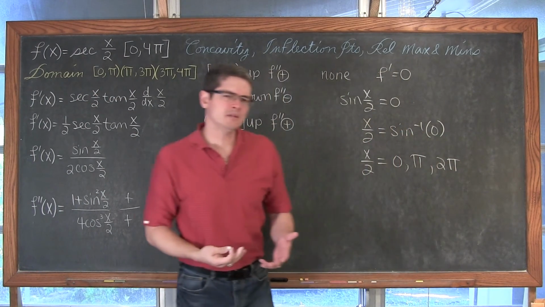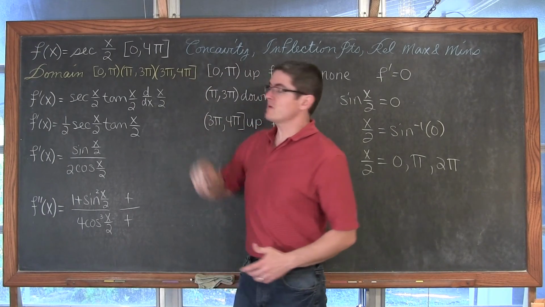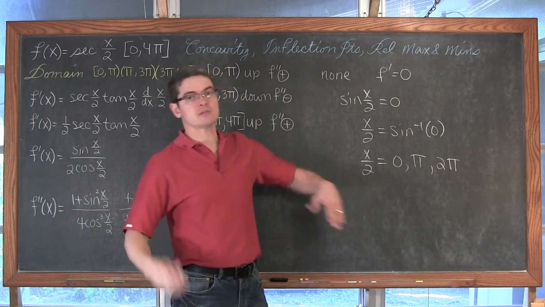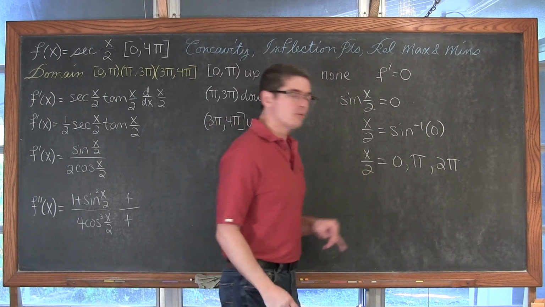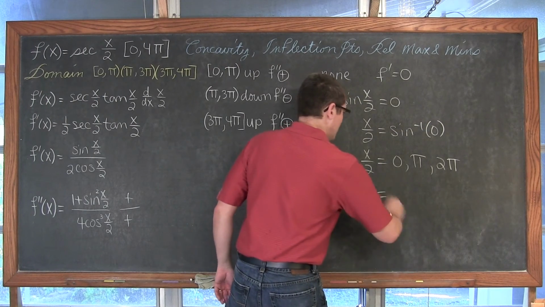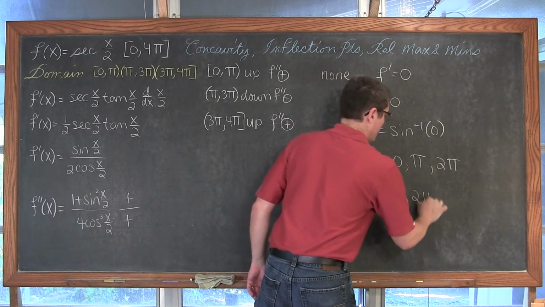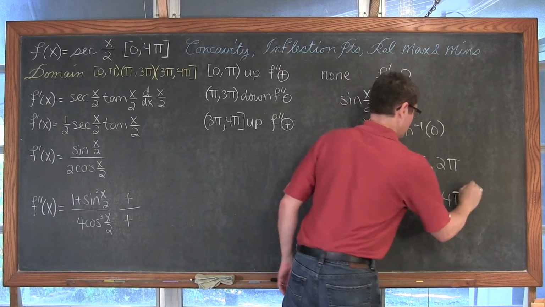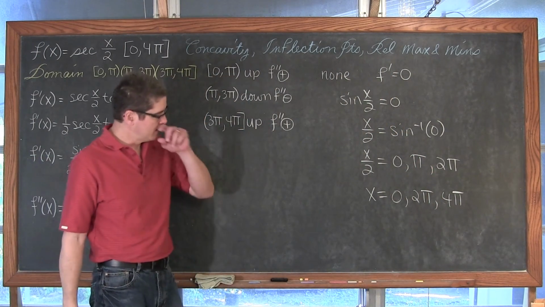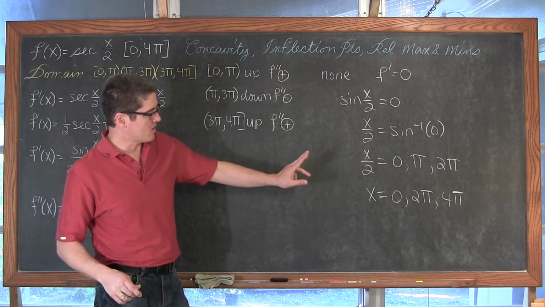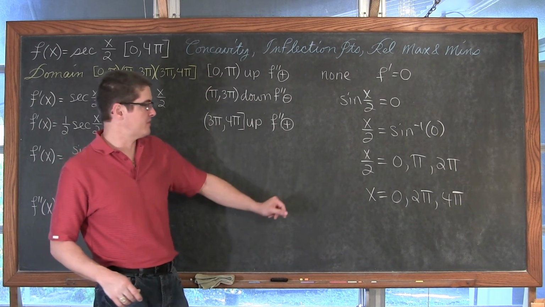And do I need to keep going? Well, again, our restricted domain is 0 to 4 pi, and if I go beyond 2 pi to 3 pi, I'm going to multiply by 2 to get 6 pi, which is too big. So that's it. We're going to multiply both sides by 2 and get x is equal to 0, 2 pi, and excuse me, 4 pi. Making a lot of crazy little mental mistakes tonight. All right, so those are 3 critical values where the first derivative is equal to 0.